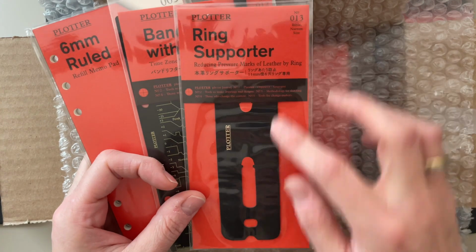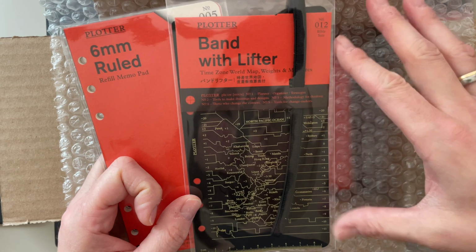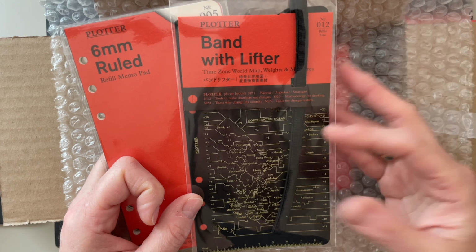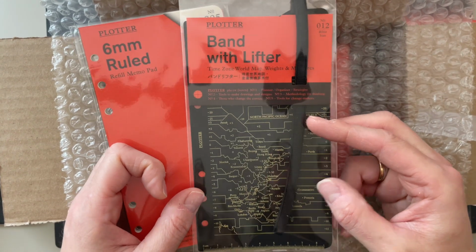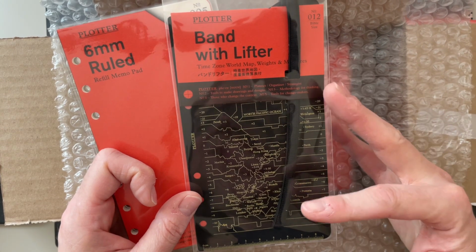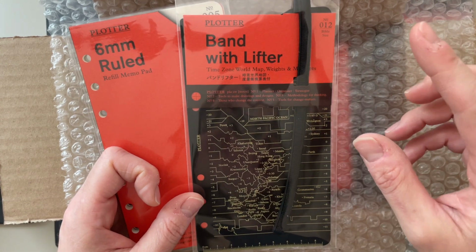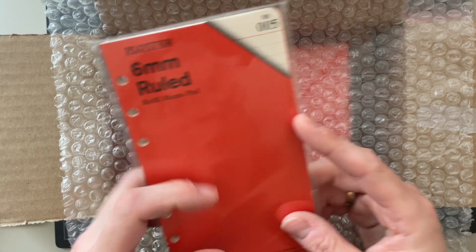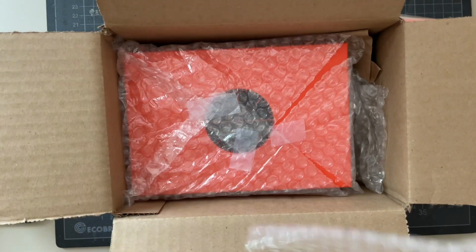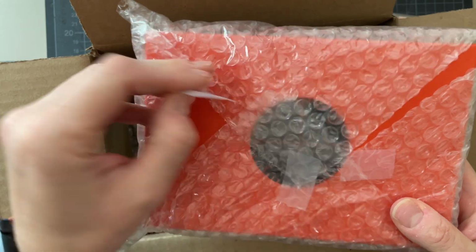It is the ring supporter. It is the bandwidth lifter. I was also going to get the pen loop lifter, but they were sold out at the time that I purchased, so I didn't get it. And I will see over time if that is something that I want to get later, or if it's fine without a pen loop. Okay, bandwidth lifter to close, and then the 6mm ruled refill memo pad as well. And then I also got this